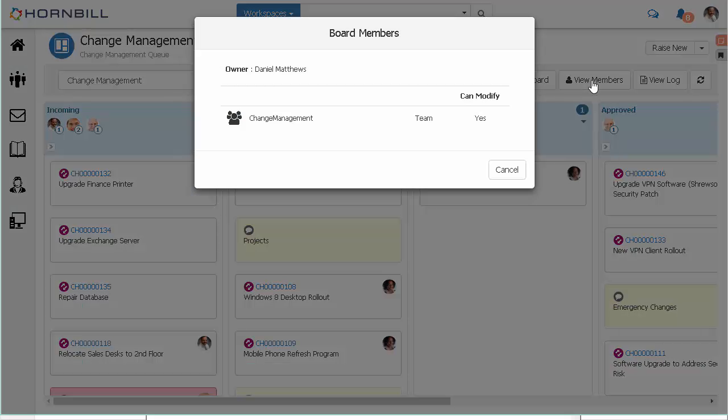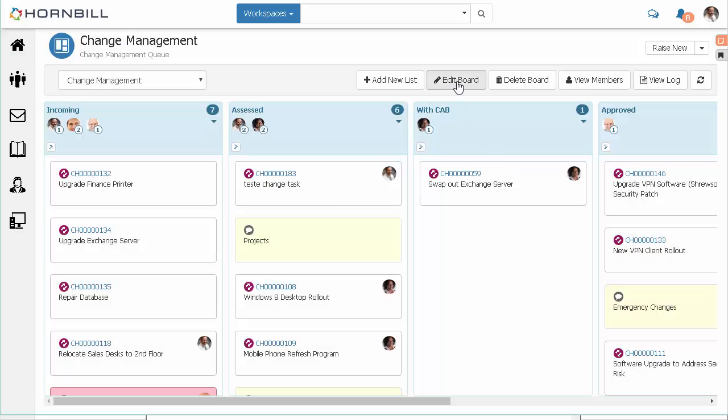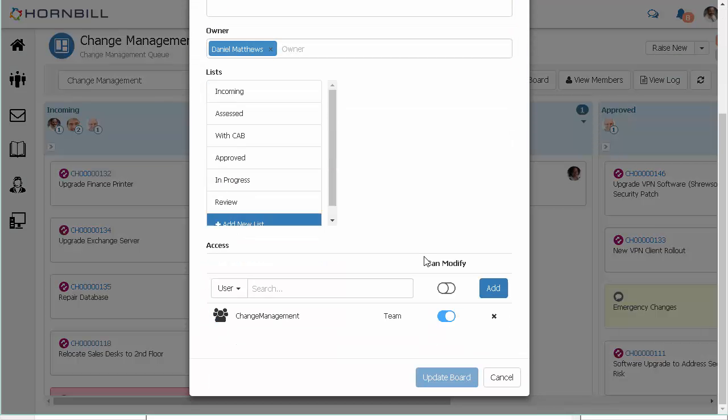Now, one of the new features that we have here is all around the memberships. So here we see a team of people that have currently access to this board. By editing the board, we can go down to the access section, and here we can see that we can select from either a team or a user. I'm just going to select a user here, so I'm going to add Sonia as one of the members of